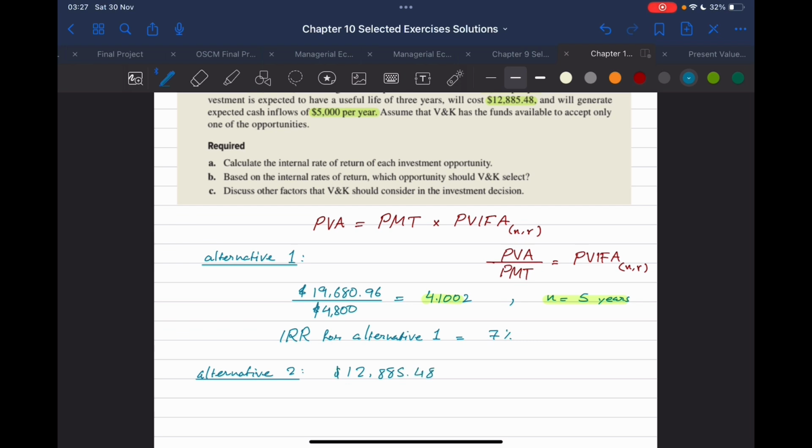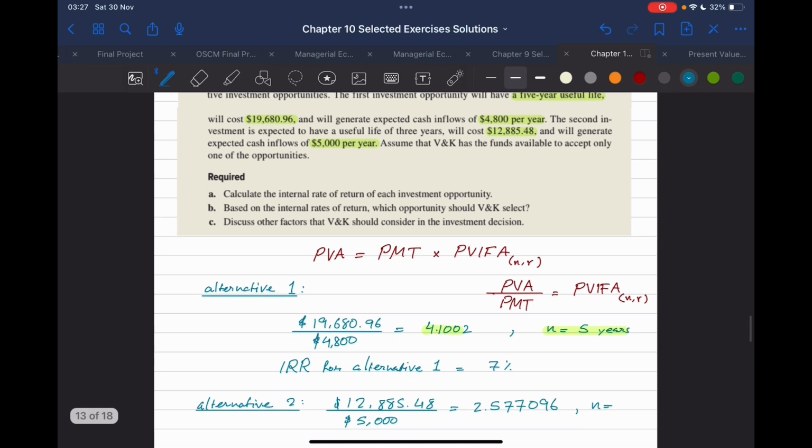12,885.48 divided by $5,000. Run the numbers. 12,885.48 divided by 5,000, and that would be 2.577096. Okay? Again, we need to consider the number of years, so we know which line in the table we